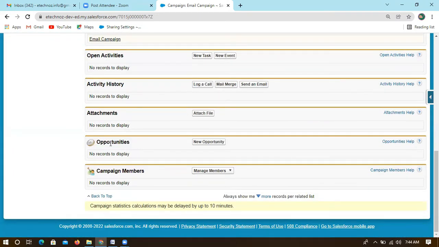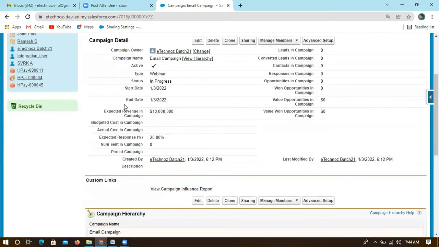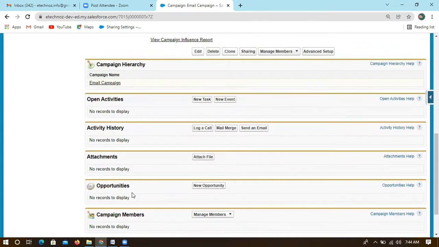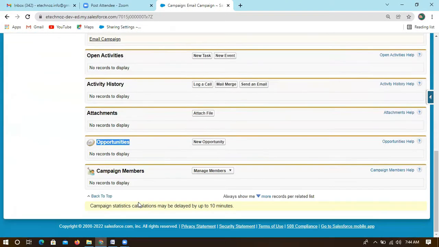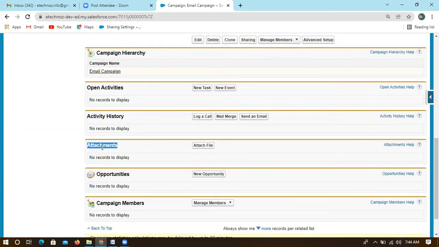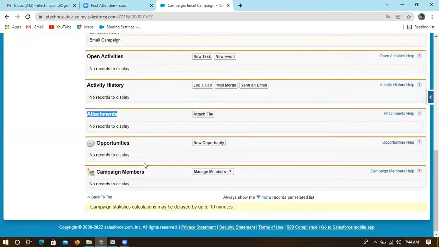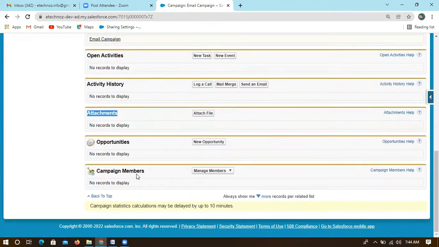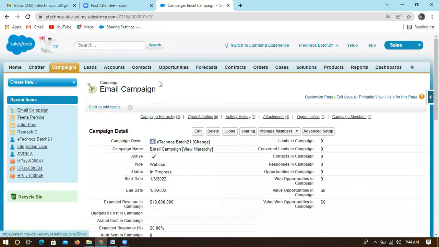Opportunities, if you can see here, is a related list, which we have already discussed. A related list means it is a child. So opportunity is connected to campaign. That means there is a lookup from the opportunities to the campaigns, right? Likewise, you can identify the relationships, like which object is connected with which. If you can see attachment, which is another object, it is connected as a child, and campaign is the parent, right? You can identify all this, and let's quickly go through one by one, like leads or something.